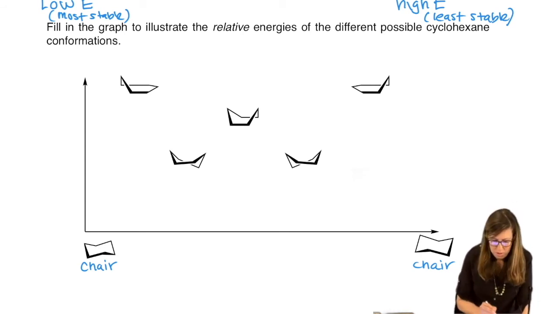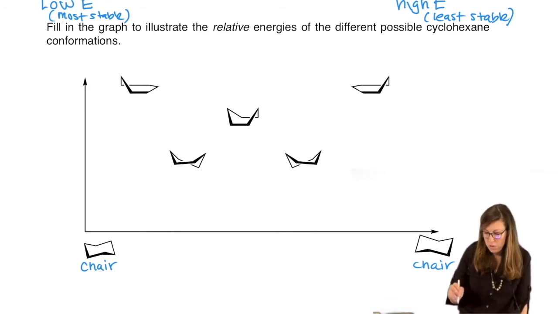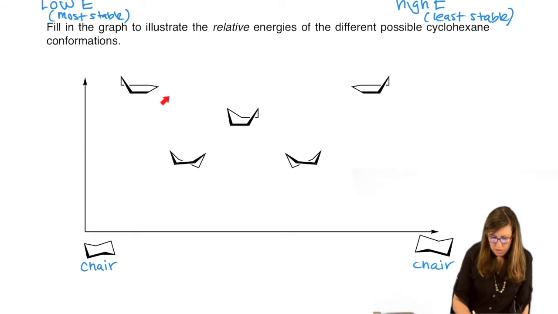That's one of the most important things, but that's an equilibrium that's going on here. And as it progresses to the other chair, it undergoes these conformational changes. It can go through the half chair, twist boat, boat, other twist boat, other half chair. So this is the half chair where just one end is folded up. This is the half chair where the other end is folded up. This is the twist boat that's a mirror image of that twist boat.